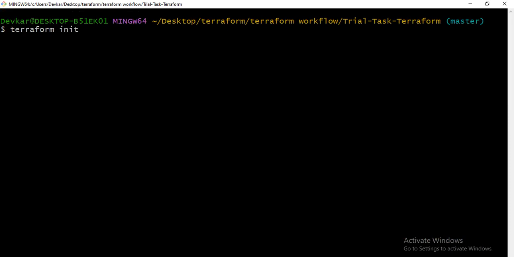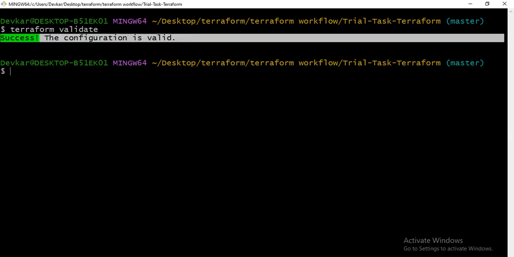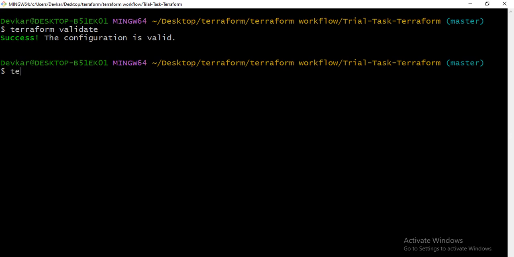As we have initialized this, now let's check if our code is right or wrong, or if we have some mistakes. Terraform validate is a command to check whether all the steps we have written are right or wrong. Okay, so it's checking, and basically success: the configuration is valid, meaning the code which we have written is fine. Now if you want to check what all this Terraform does, terraform plan, it might fail because